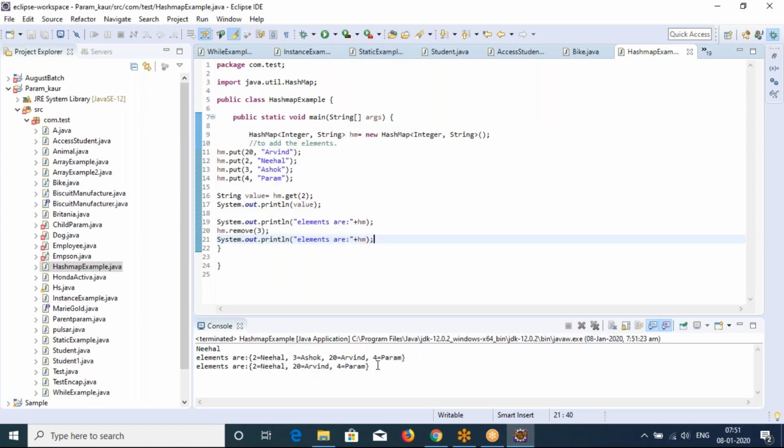See, it's removed. Can you observe? Yes, okay.